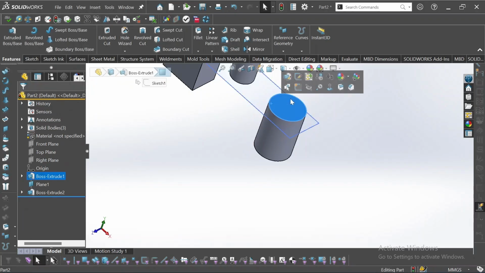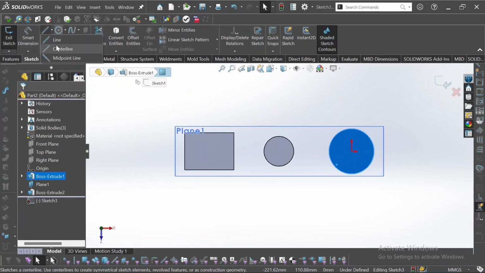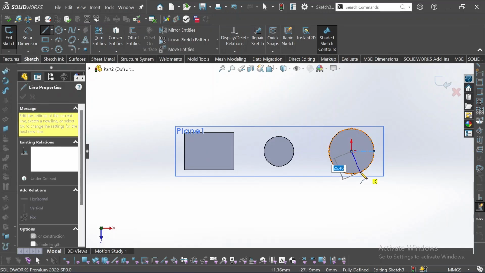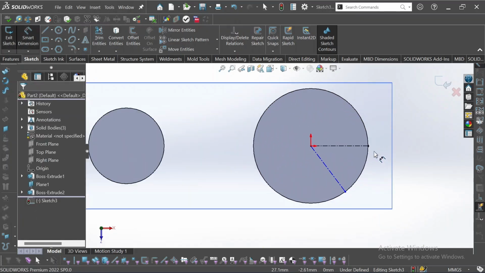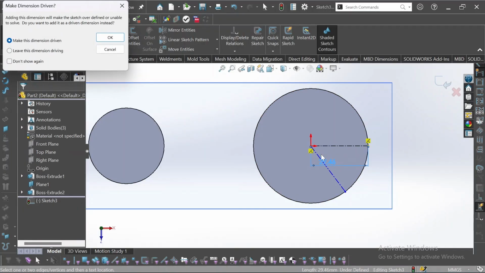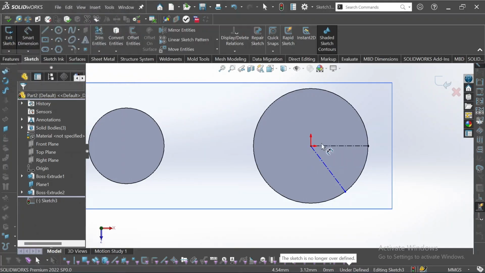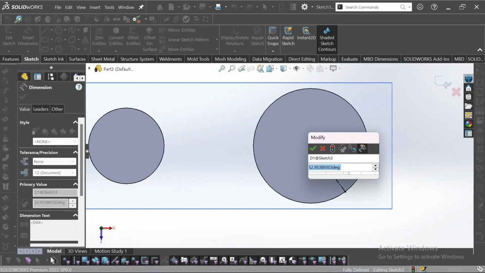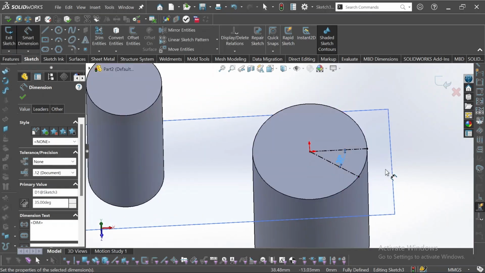We're going to click on this face, click on sketch. We're going to draw a center line here to here and somewhere here. Just leave it like that. Now use smart dimension. This part is already fully defined. So now let's say we want our plane to be at 35 degrees from that point, that horizontal line there. 35 degrees. Okay,